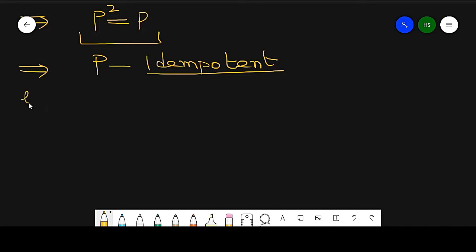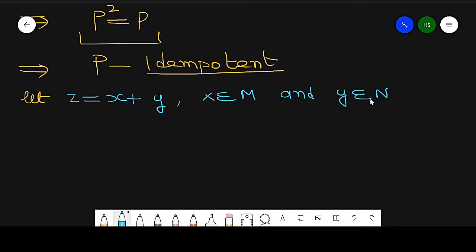Now let z be equal to x plus y, suppose, where x belongs to M and y belongs to N,